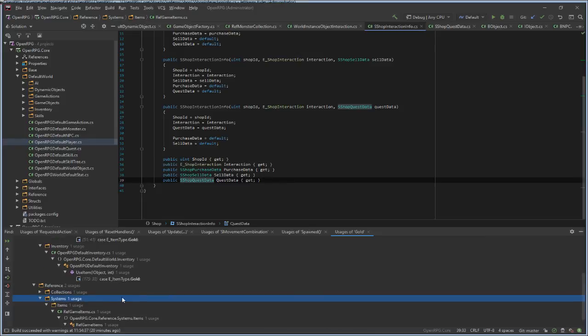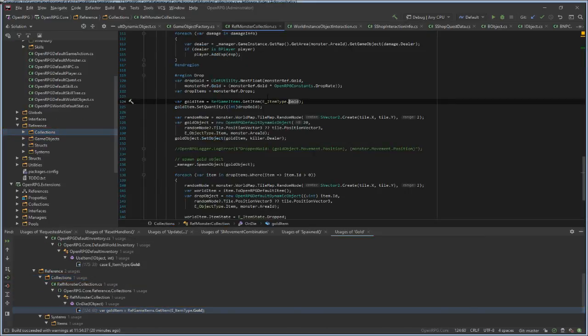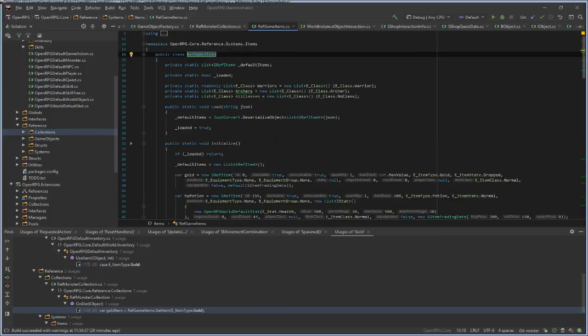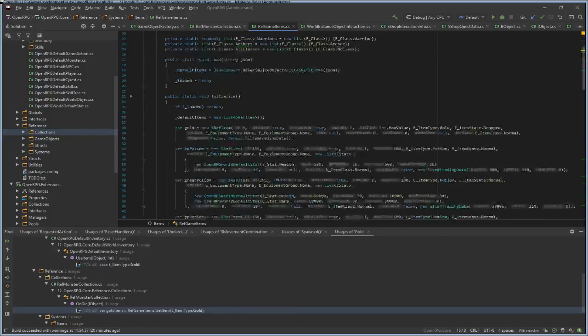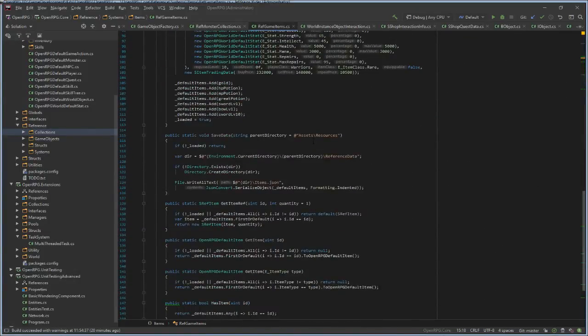What else do I have here? Systems, reference game items. Reference game items is like a reference for all game items in the game. I use JSON for it too.